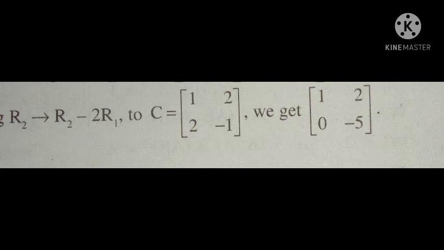Okay. So first we multiply the first row by a scalar and we add the new row with R2. Multiplying by a scalar means we can take minus 2 as a scalar and add the new row with R2. So we get the new matrix. So these are the 6 elementary operations or transformations of a matrix.